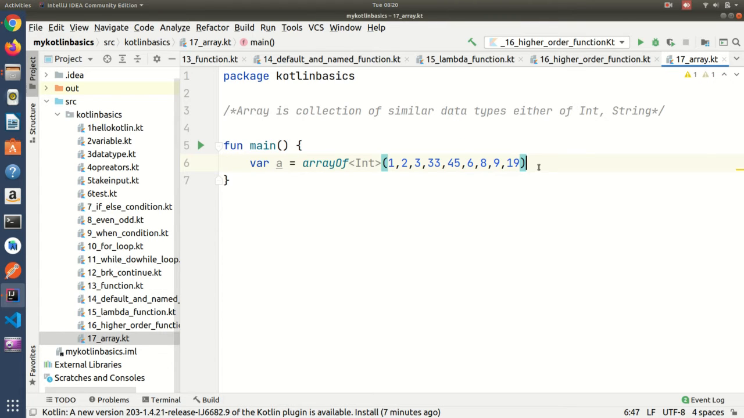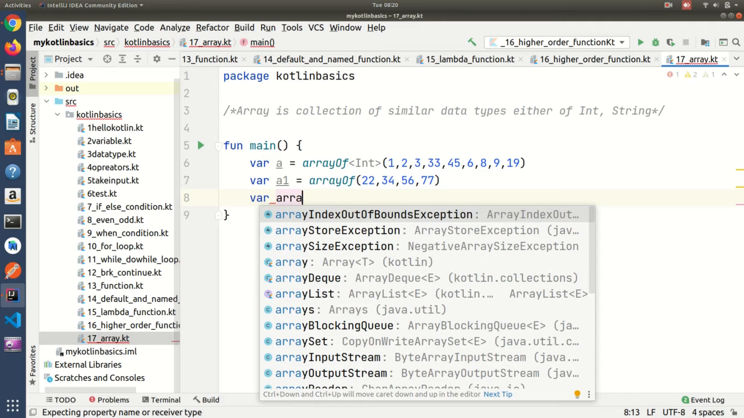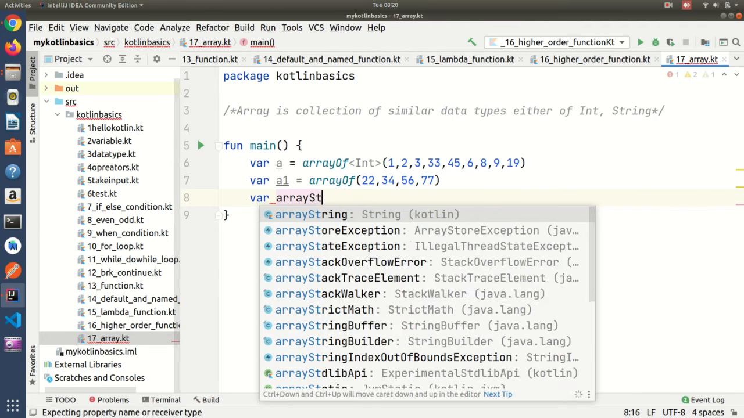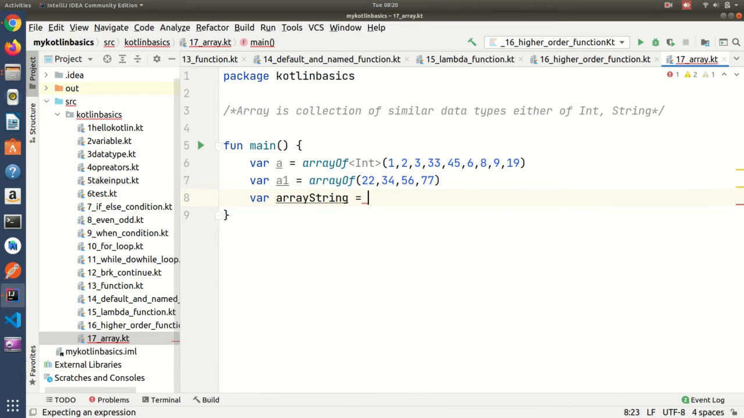Another way is like a1 is equal to arrayOf, directly you can add values. And suppose we want to use strings, then we can create a string array, arrayString is equal to arrayOf, and here you can typecast string, with values a, b, bc,